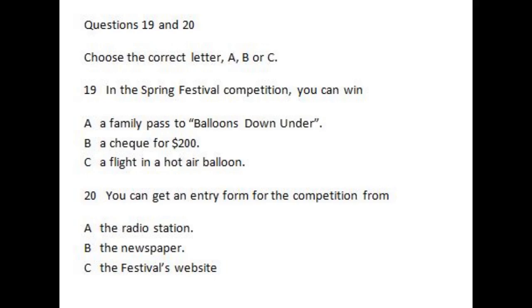So, there you have it. Just a few of the special events happening here in Yorktown over the Spring Festival. And if you'd like any more details about the festival...